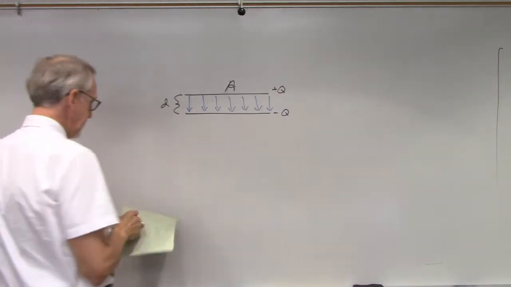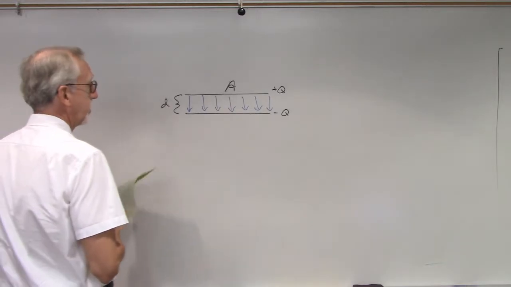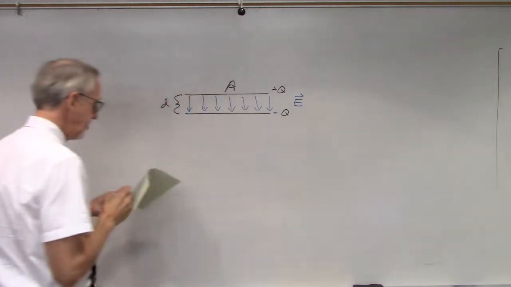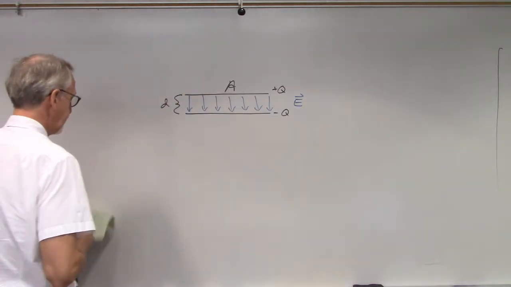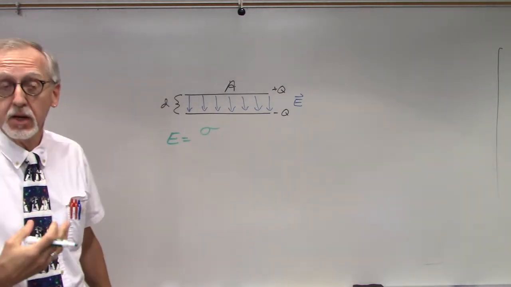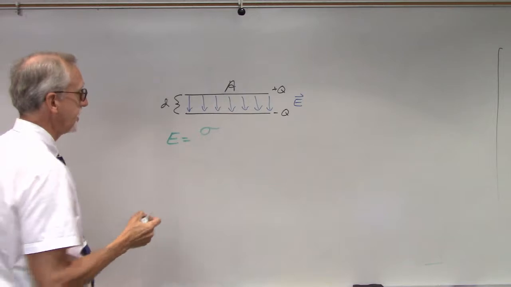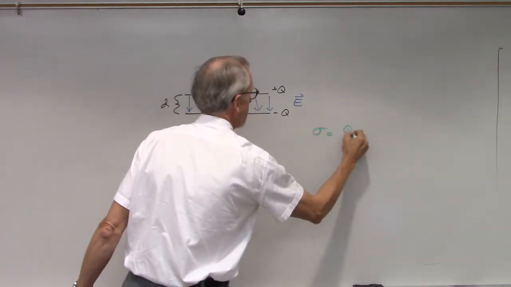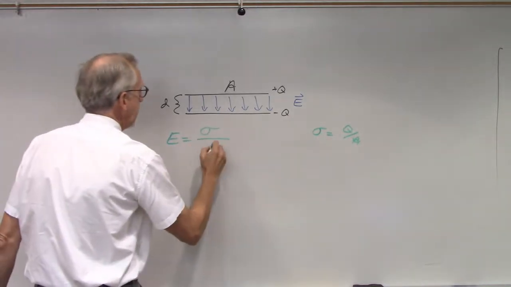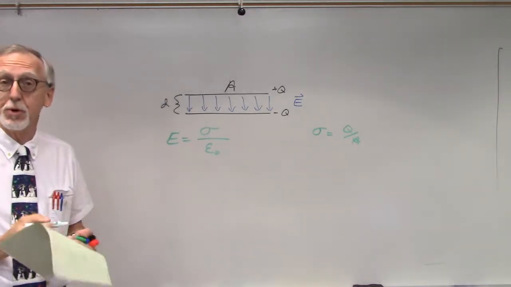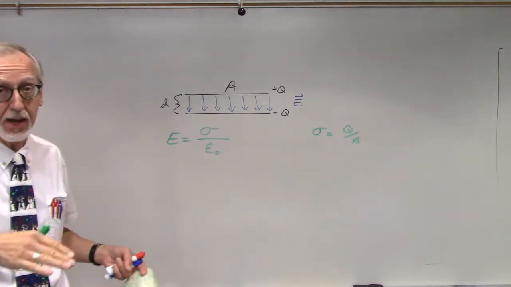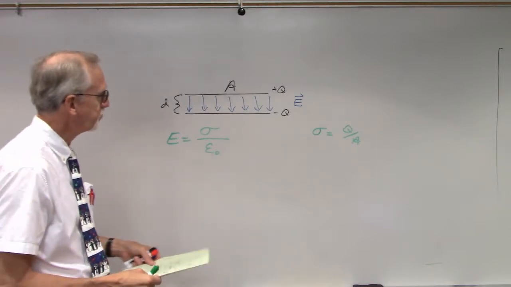And what we found last time is that the magnitude of the electric field in there was equal to sigma, the surface charge density, which was the charge per area, divided by epsilon naught. And remember, epsilon naught was the permittivity of free space, which is 1 over 4 pi k, where k is Coulomb's constant. All right, now,